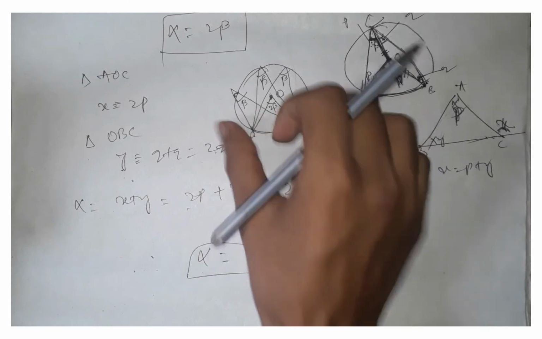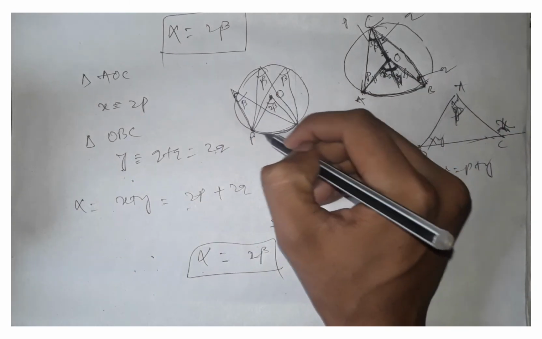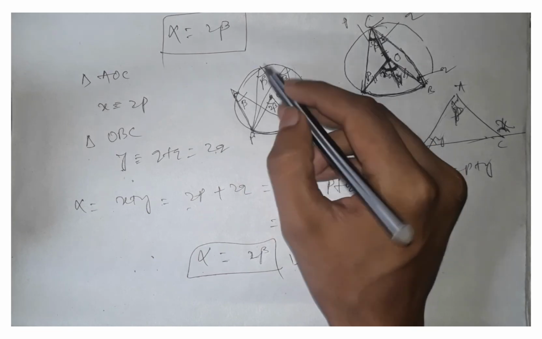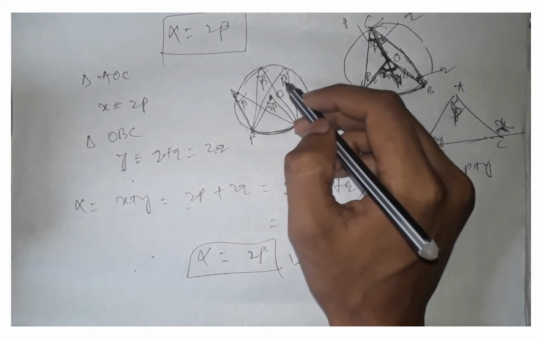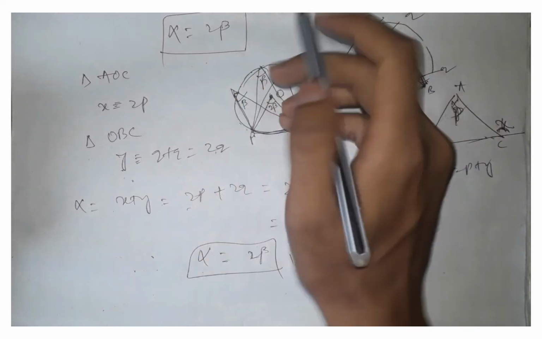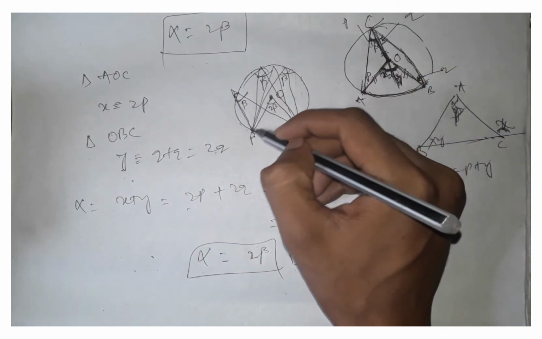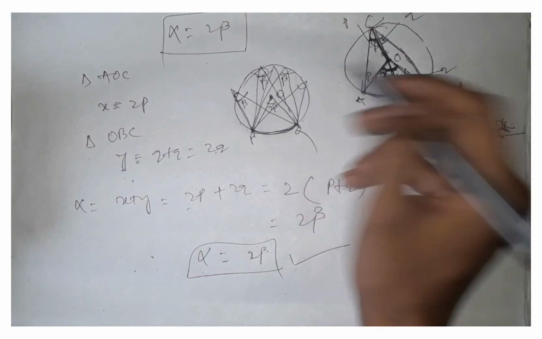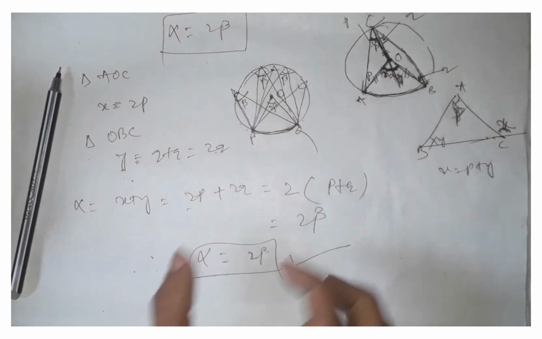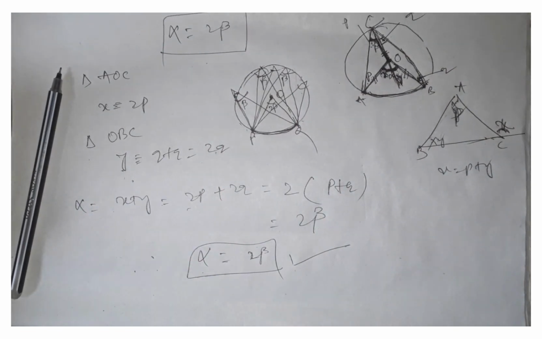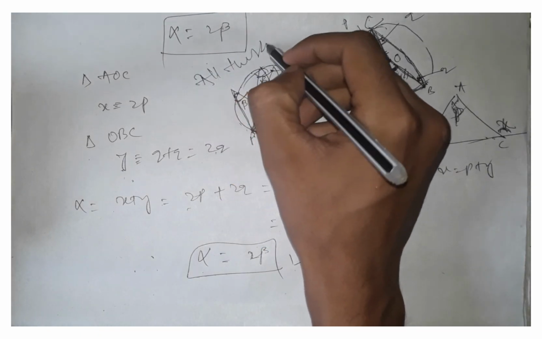So there is also another theorem which says that all angles subtended by an arc at any point on its circumference are all equal. This angle is equal to this angle is equal to any angle. You can take any angle on this PQ arc, you will find that all angles are equal. There is also another theorem based upon this theorem. Okay, so we'll stop here. All the best and thank you.